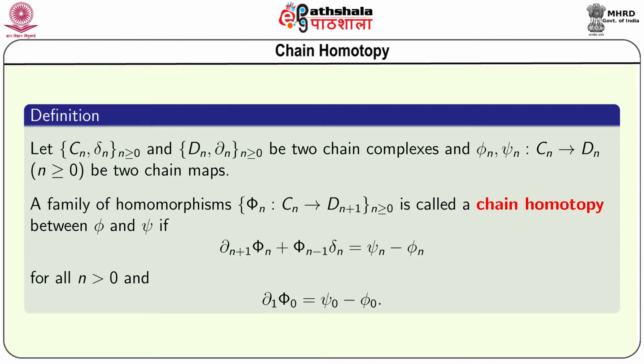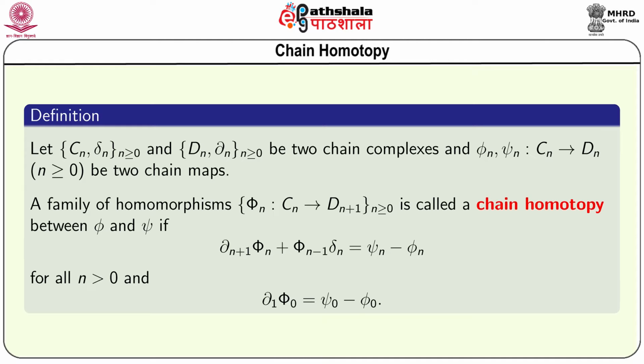Now, we define chain homotopy. Suppose we are given two chain complexes, one is C_n with boundary map delta_n and the other one is D_n with boundary map del_n. And suppose we are given the chain maps phi_n and psi_n from C_n to D_n. Then a family of homomorphisms phi_n from C_n to D_{n+1} is called a chain homotopy